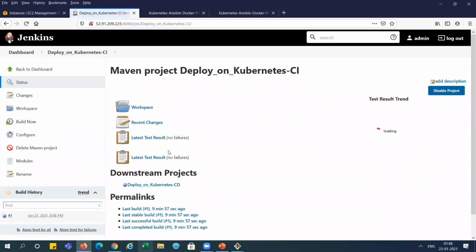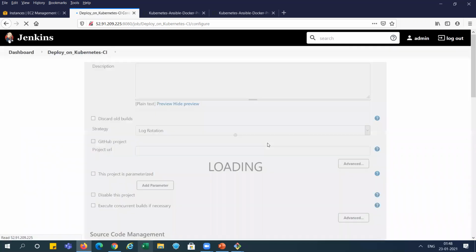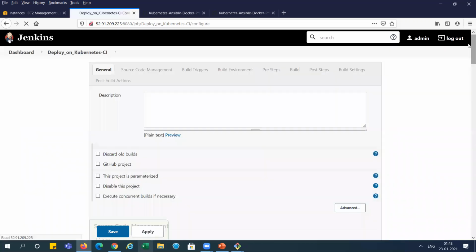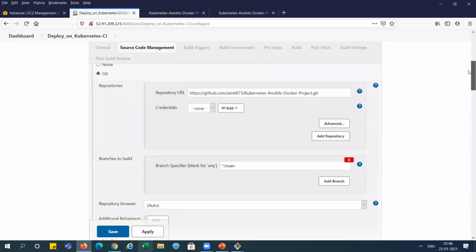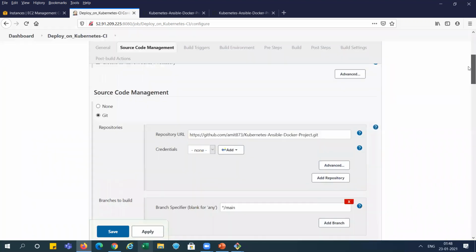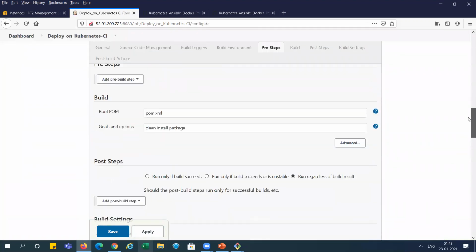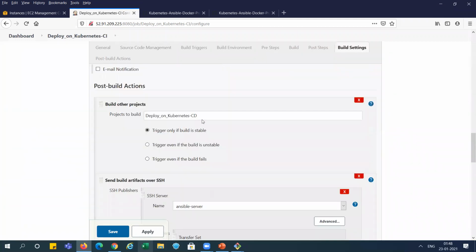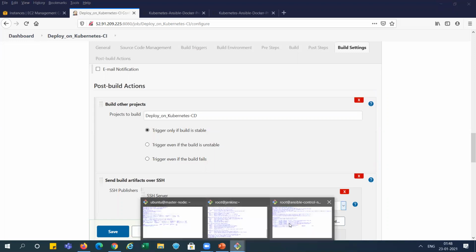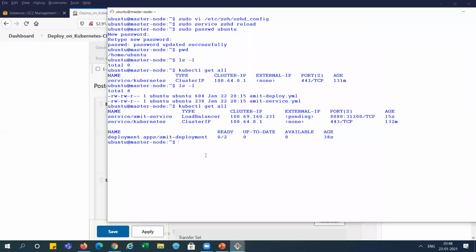And when you open the CI configuration, we can see here we will configure this so that only when the build is stable, and only then, the CD will start, right? So this is done.